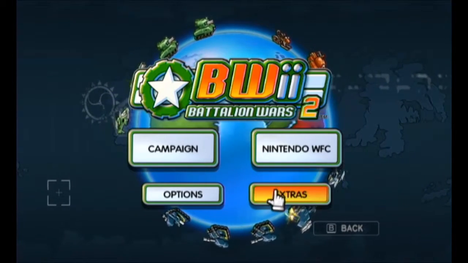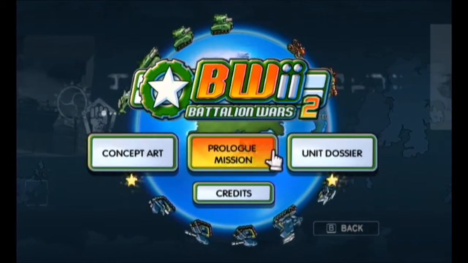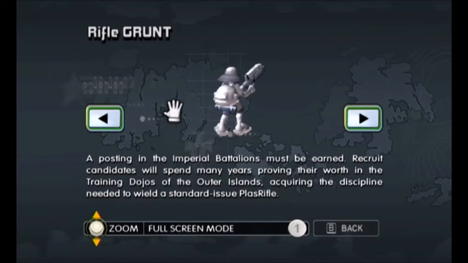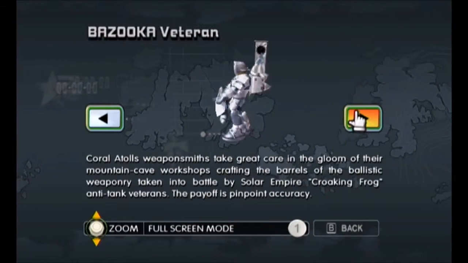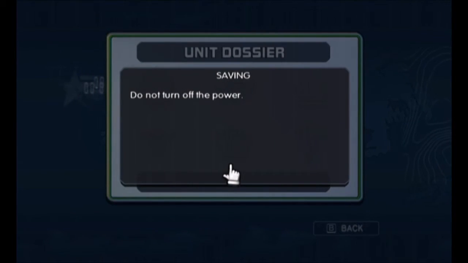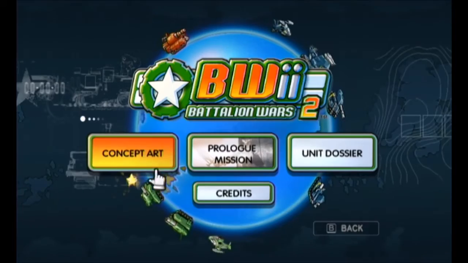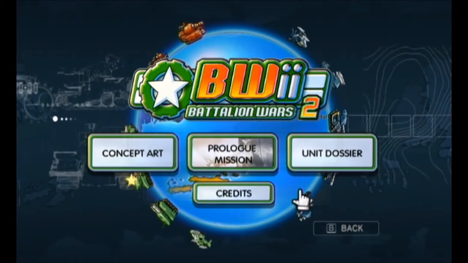Extras. I think this is what it unlocks. Yep, unit dossier, you get more as you go along. I'll just briefly show off what it is. I might show off all of them at the end, but a little bit of information on each unit, whatnot. We'll get more as we go through the game. Concept art, I think you eventually get movies and stuff, so